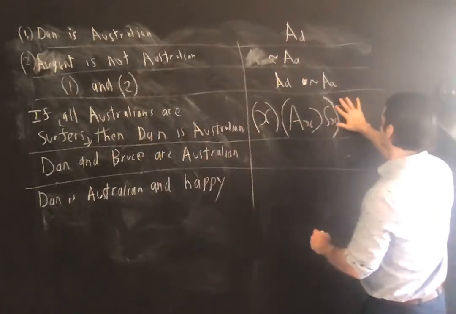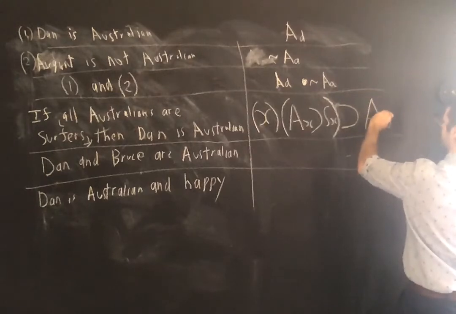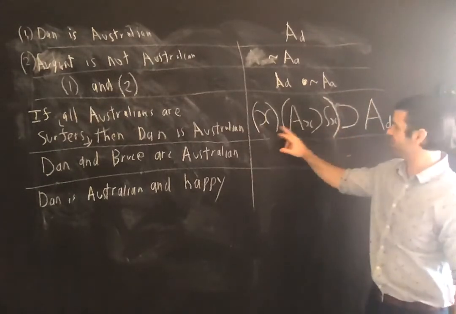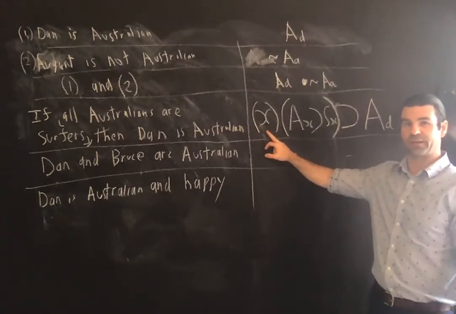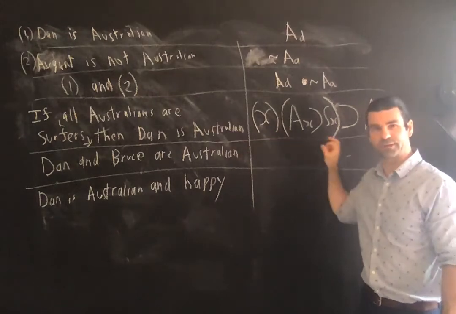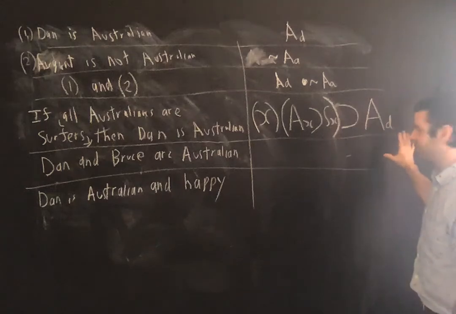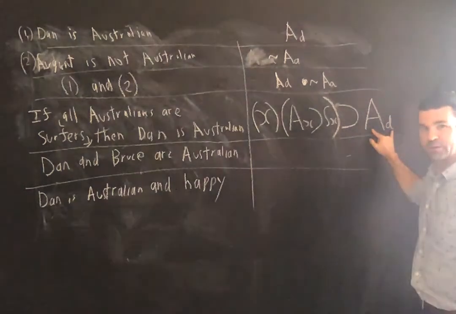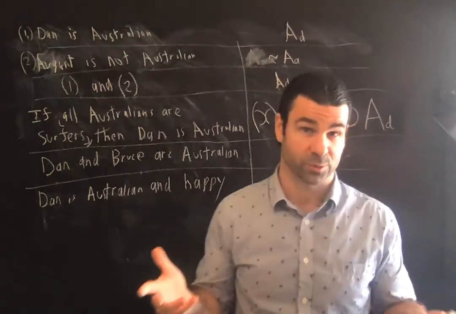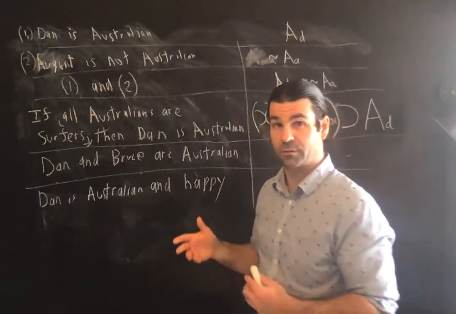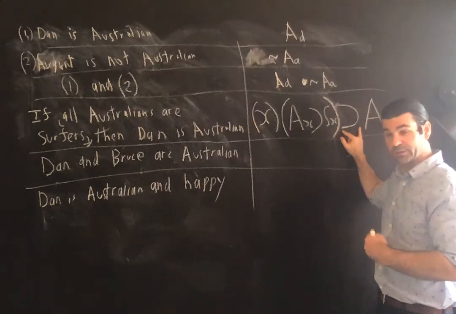What's the consequent then? It is Dan is Australian, we saw that in number 1, A, D. Well, that's weird. You've got a quantifier, you've got a conditional, the major operator is a conditional. On the left-hand side, the antecedent of the conditional is a quantifier statement. It has a quantifier, it quantifies over some propositional function, but the consequent has no quantifiers. It's rather a singular sentence. That's legal, that's fine. The rules for constructing truth functional combinations or truth functional formulas, the rules for constructing conditionals is